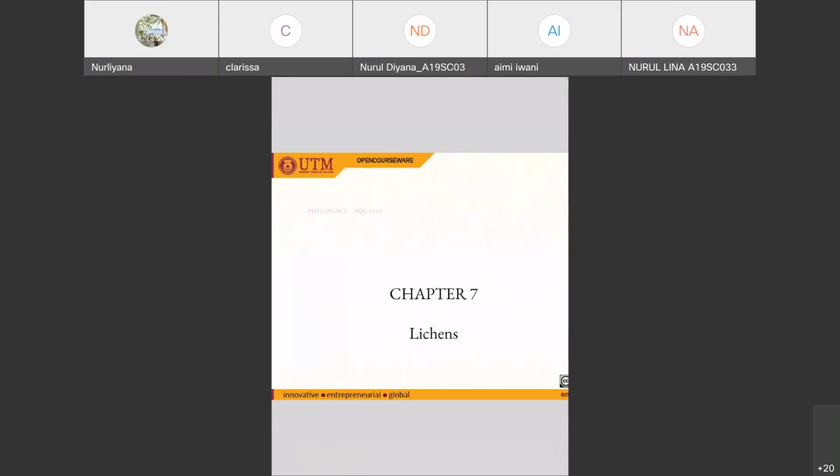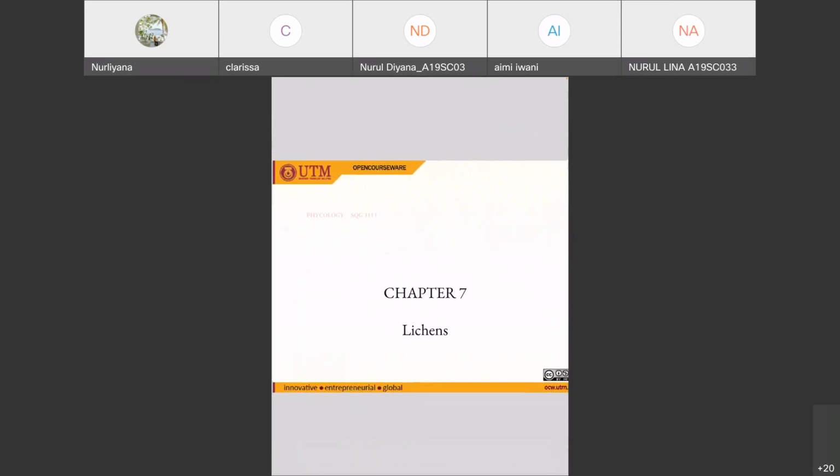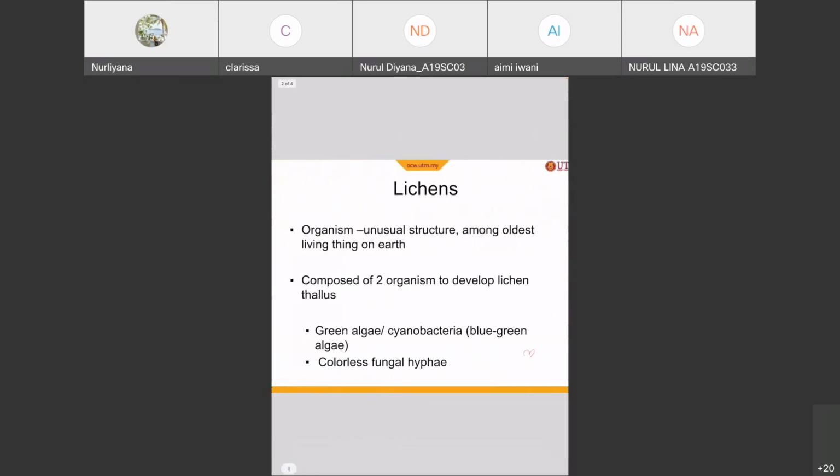Okay. Alright, so ini adalah chapter untuk lichen. So for this chapter, we are going to go through this organism. So lichen is basically an organism that has an unusual structure. So it is like bacteria. It is among the oldest living things on Earth, and this organism is not solely